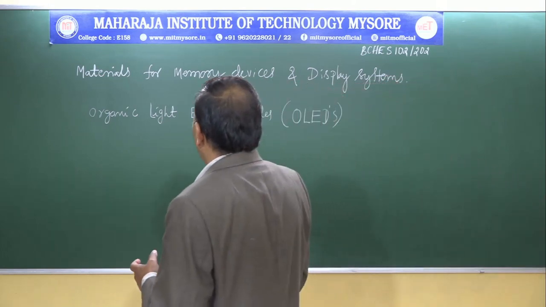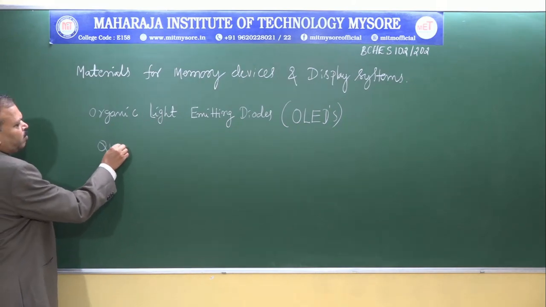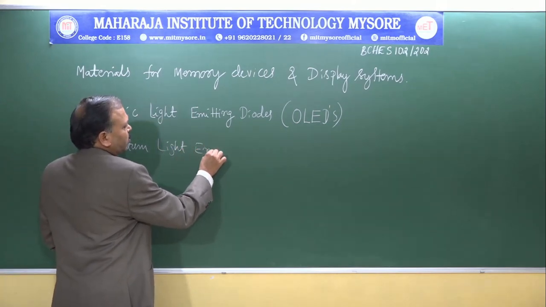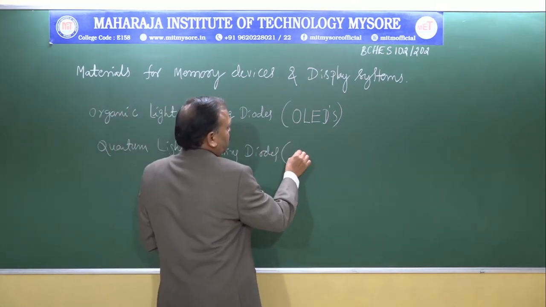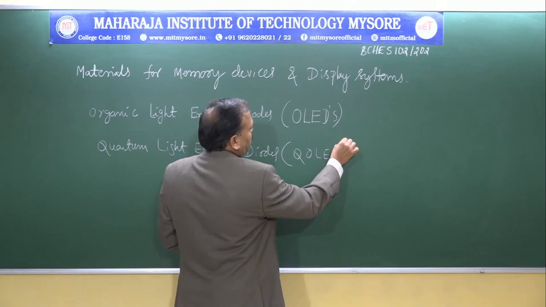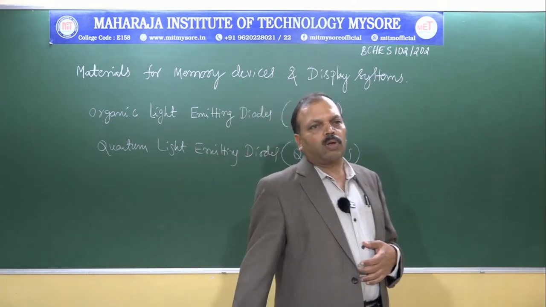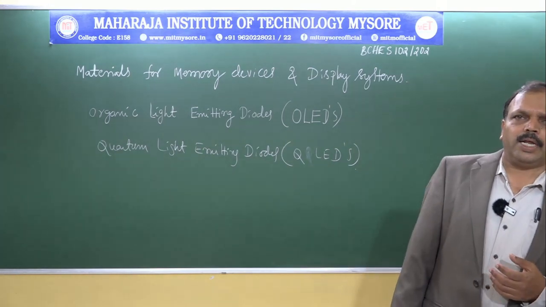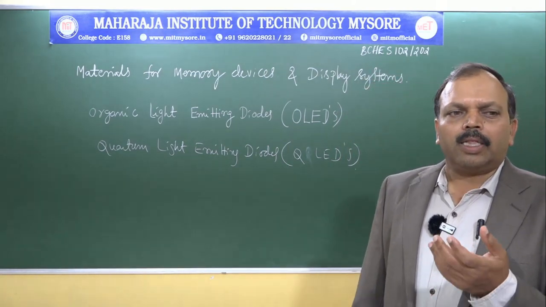So coming to one more technology added to this OLED, called quantum light emitting diodes, referred to as QLEDs. The principle of working of QD LED, or quantum dot LED, commonly called QLED, they are a form of light